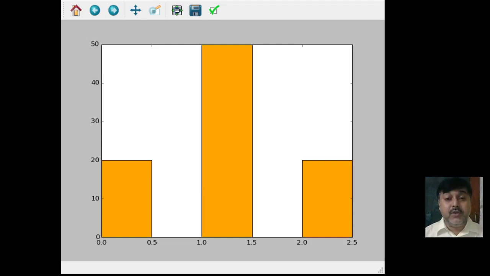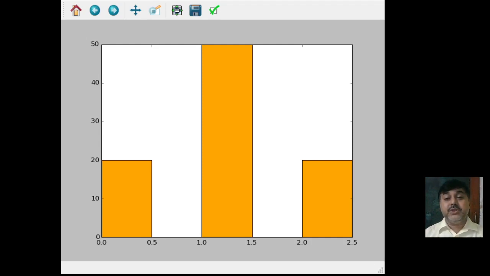Taking that range, it has calculated the values, and as we have given the color orange, the color has become orange. See here, the pattern of a bar graph is in front of us. So we have different types of bar graphs, and we construct those different patterns to be implemented and worked with.